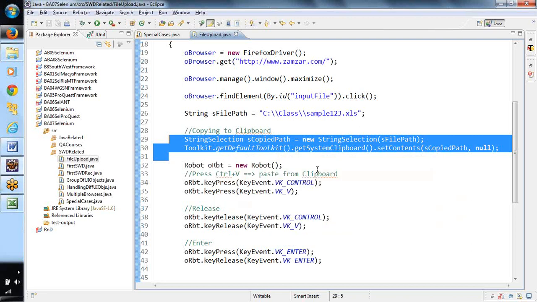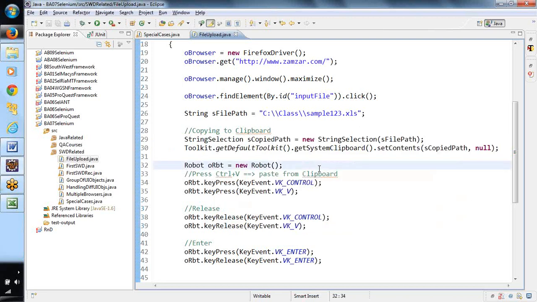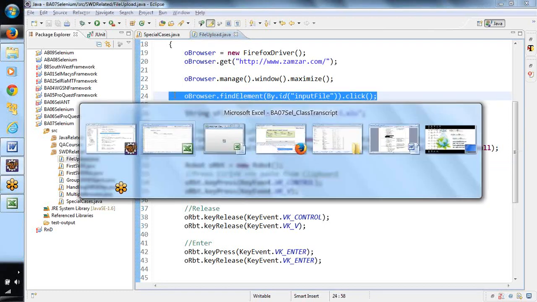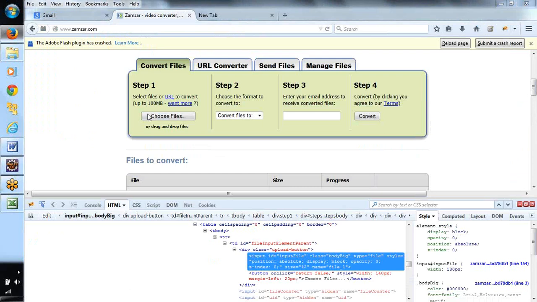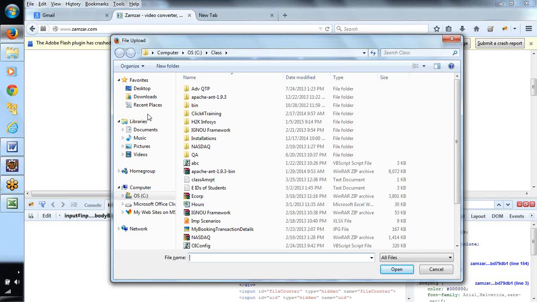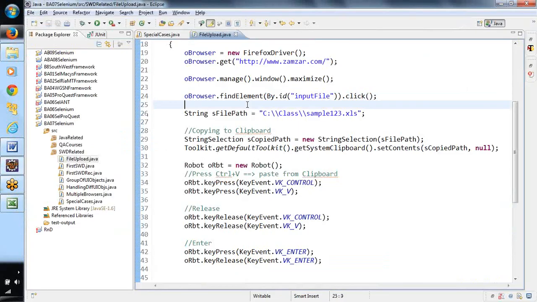Now see here, let us try to execute this. And here, it is better to have some waits. Once you click on choose files, let us have some wait time so that we can understand what exactly it is doing.